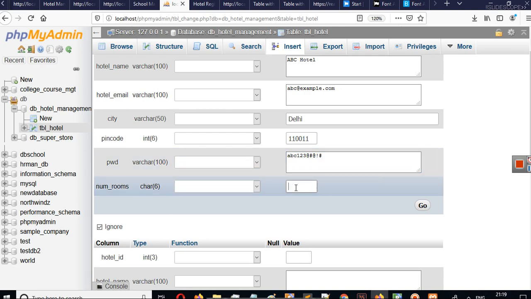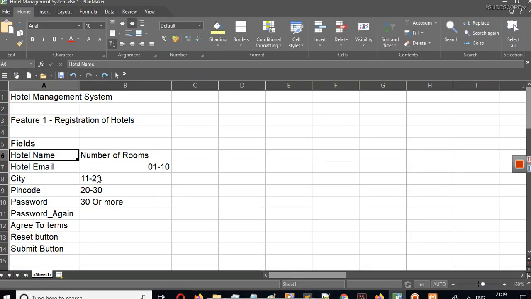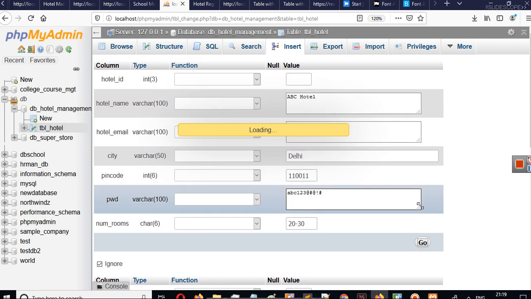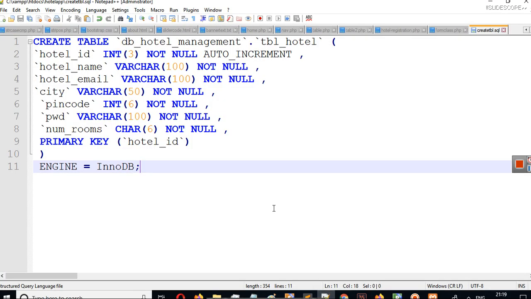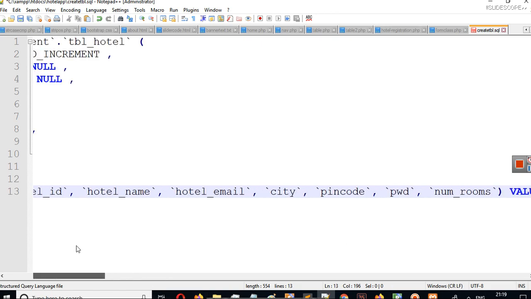And number of rooms, because we have to enter data in this format, let's say number of rooms is 20 to 30. So I can copy this value here and hit go. Now you can see we have another query here. So after every operation we are getting some query.